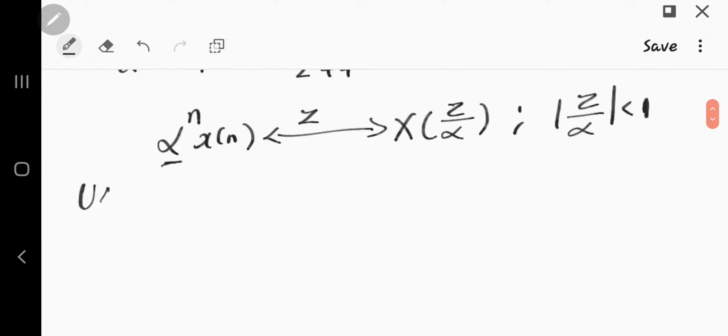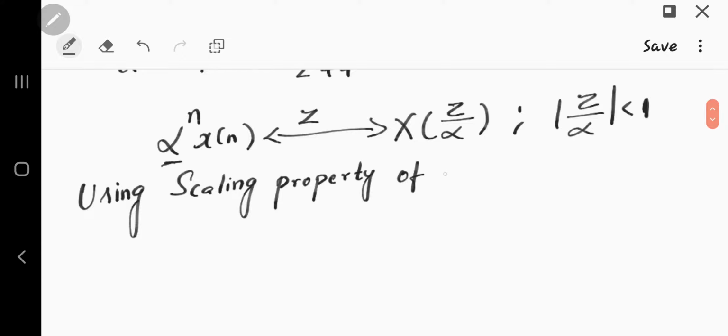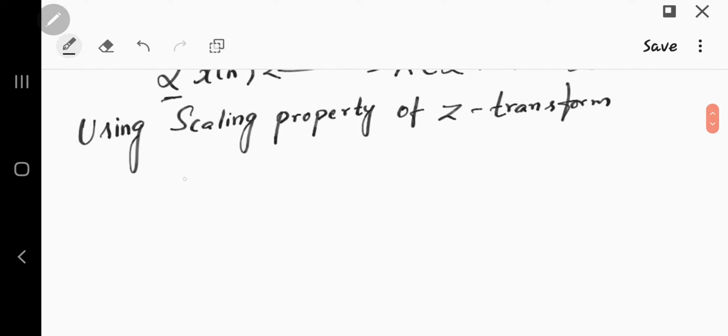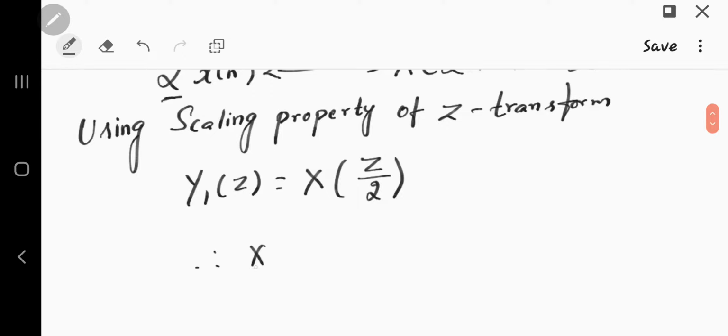So let's take that, using the scaling property of Z transform. Using the scaling property, we can write y1 of z is equal to x of z by 2. Why have I written 2? Because in place of alpha we have 2 here. Therefore x of z by 2